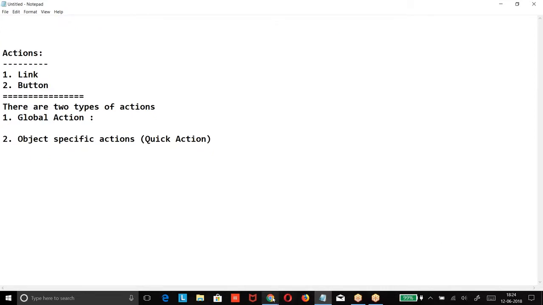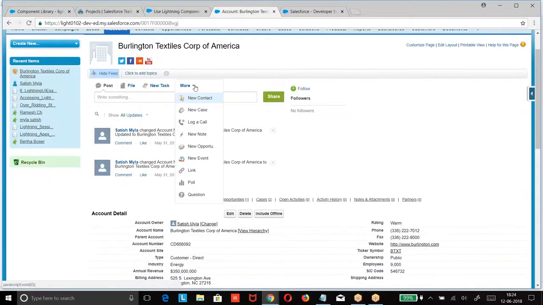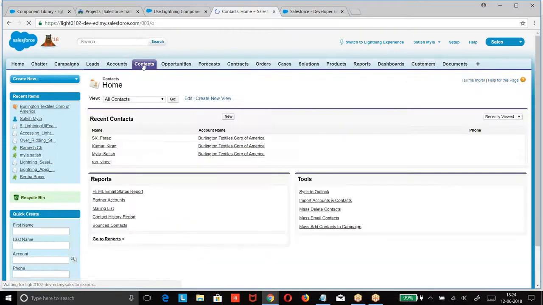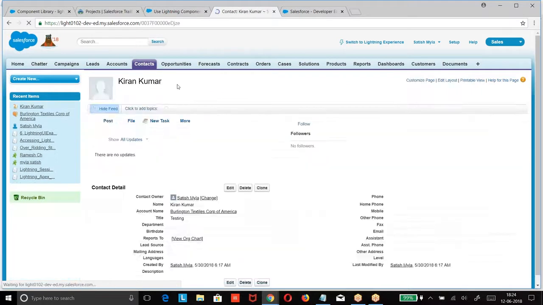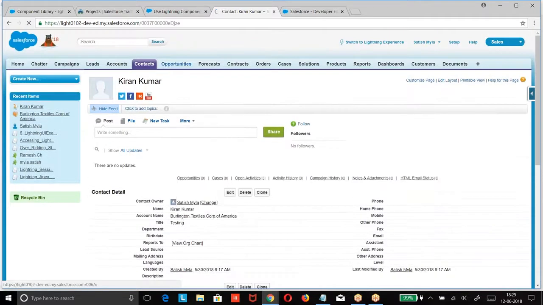An example, if you go to this. Now, look at this: new contact, new case, log a call, new note, new opportunity, new event, link, poll, question. Those are quick actions. They are not specific to any object, they can be included on any one of the objects. I can include this action on contacts, or on an opportunity.